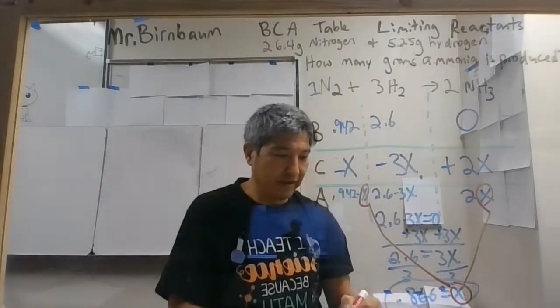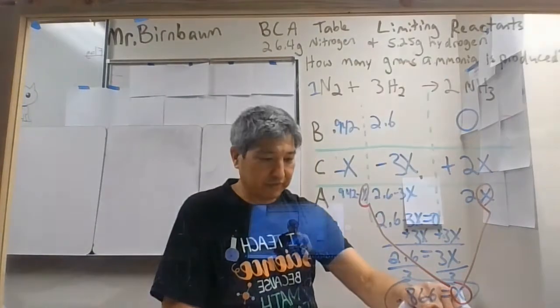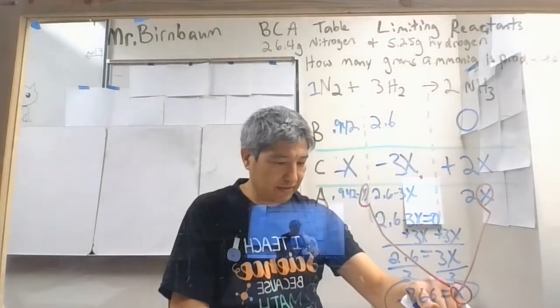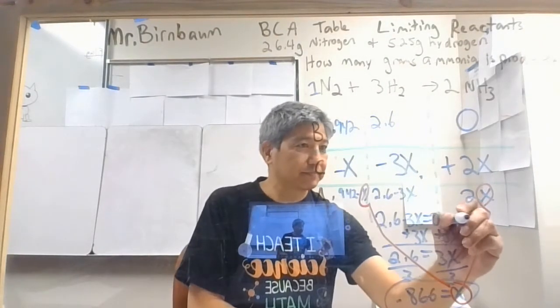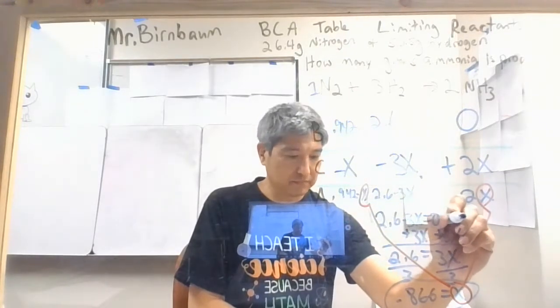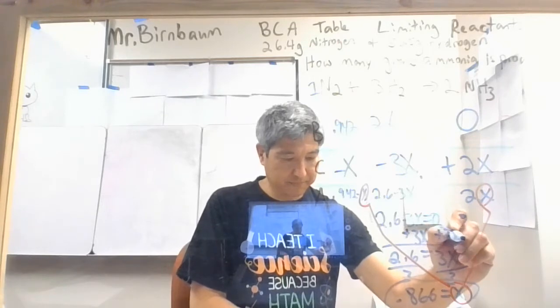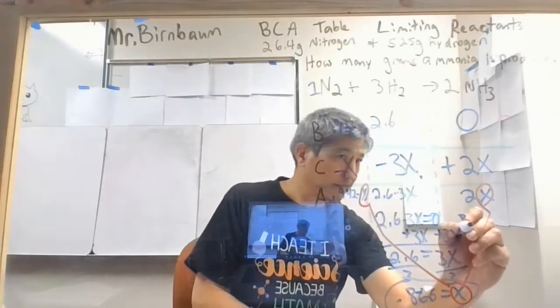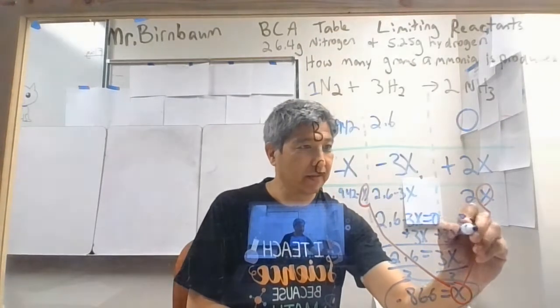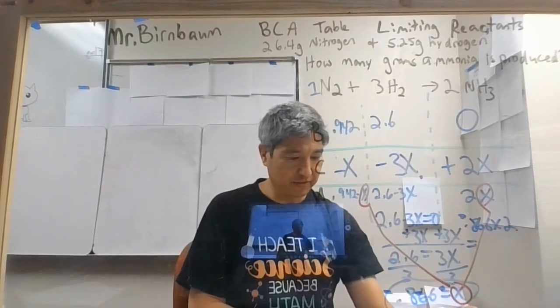So let's go ahead and do that. If I take 0.866 and I double it, I'm going to end up with 0.866 times 2, and that's going to equal